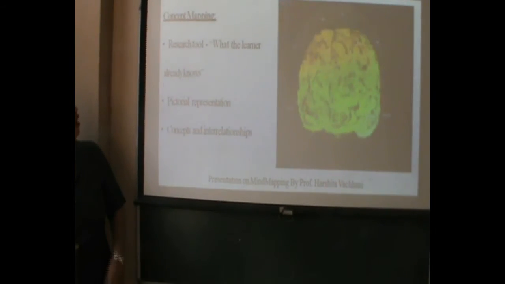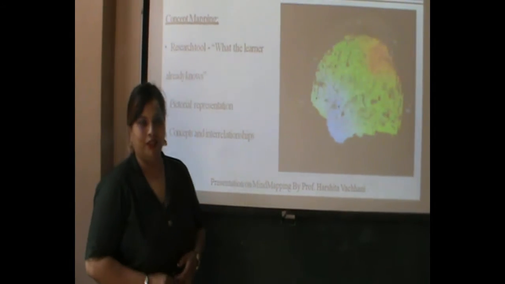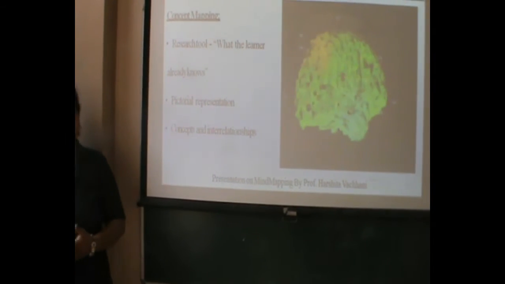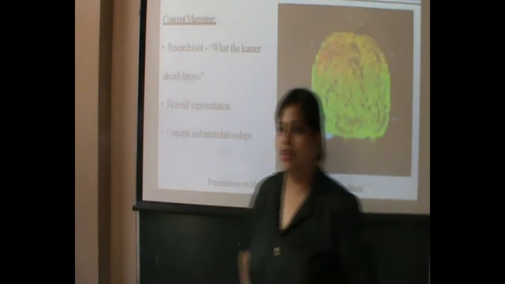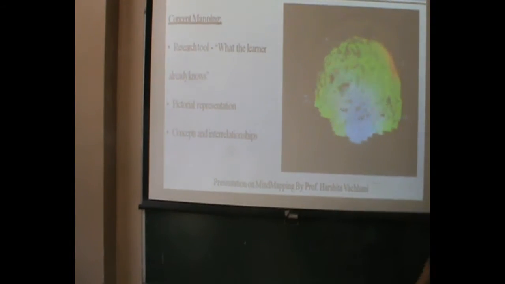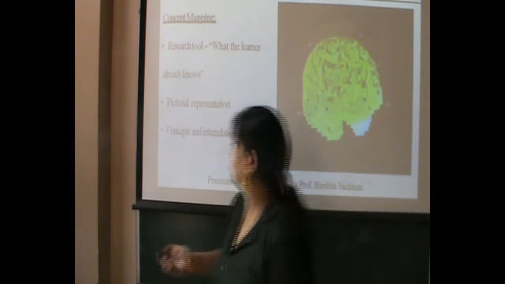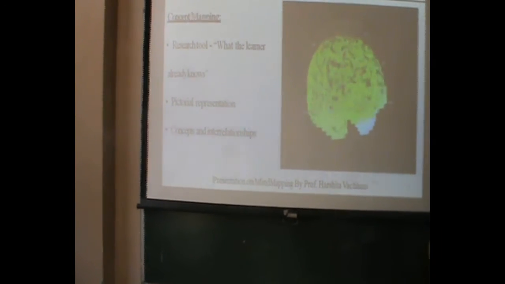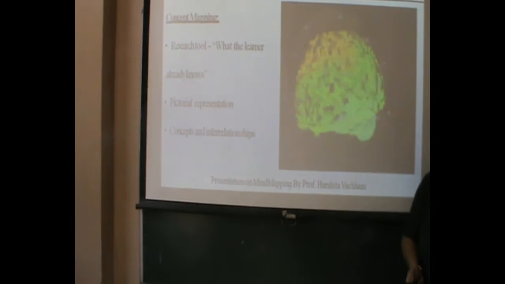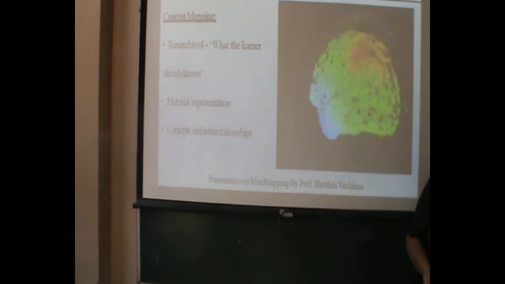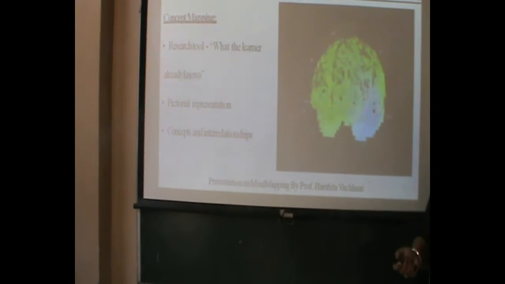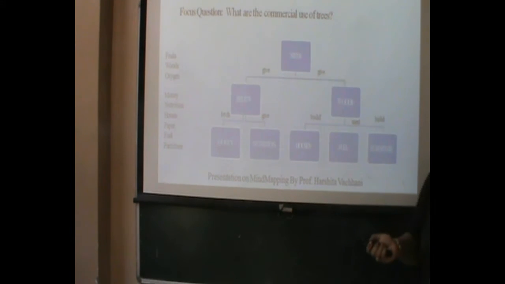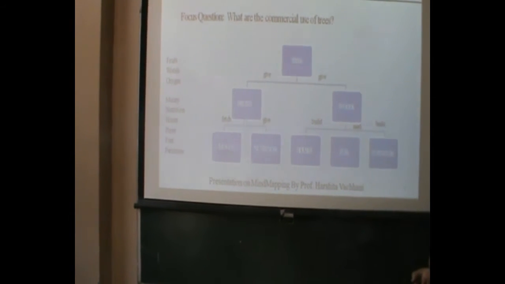Now the overview, first we'll see what is a concept mapping. A concept mapping is nothing but what the learners already know. We already know and we try to implement it in a pictorial form. Mapping is nothing but a research tool. This tool is like, we already know the concepts and we try to map it in a pictorial form. And we try to correlate and give the relationships among them. This is one example of concept mapping which we do in PowerPoint slides.